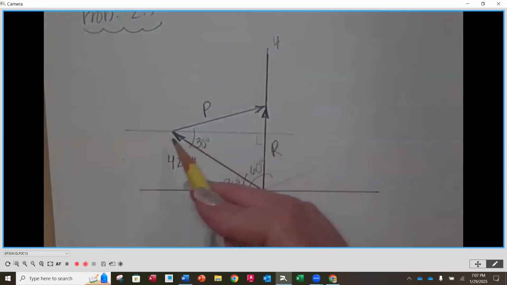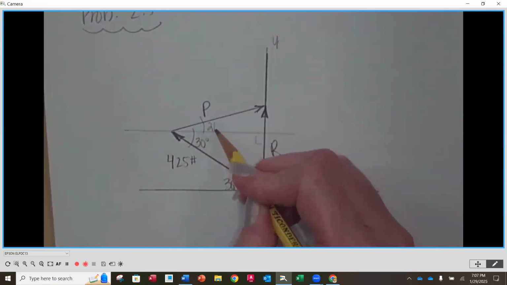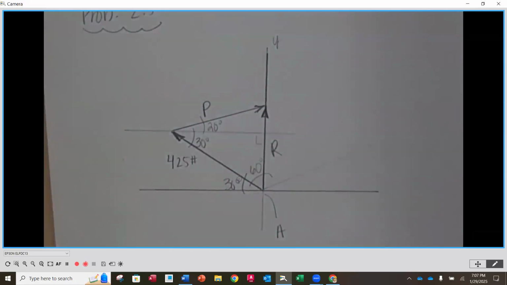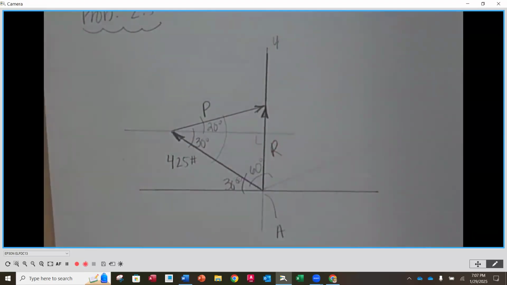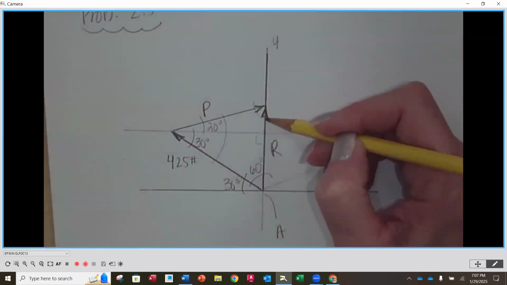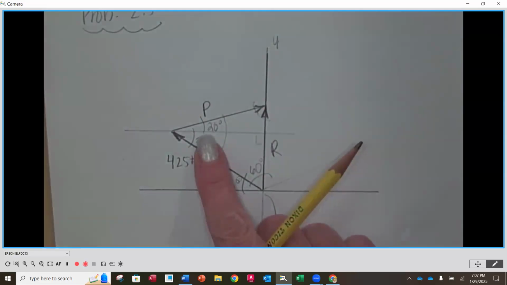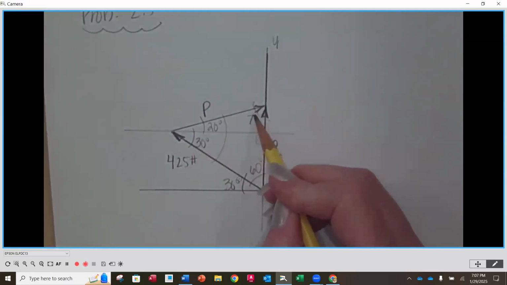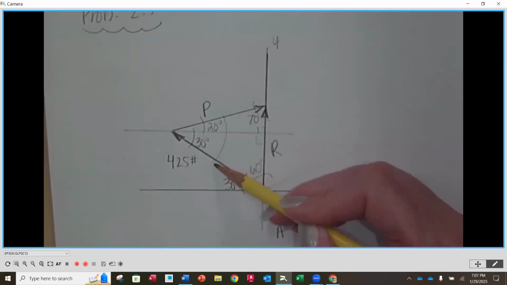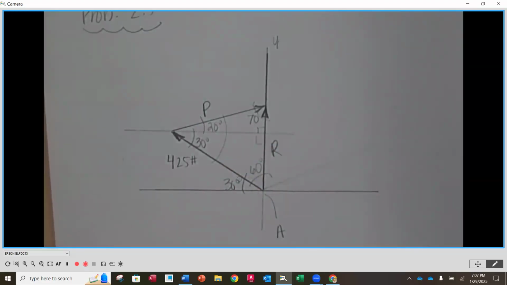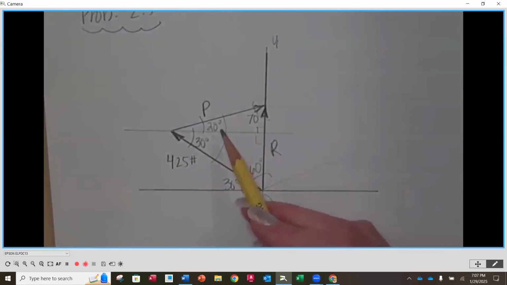Now, from horizontal, we knew that P was going at a 20-degree angle, right? So do you see how this is 50? The side opposite of that is going to be your resultant. And if we look at this angle right here, if this is 20, here's another right triangle. This is 70. We know that 425 is opposite the 70. So you could use the sine law to get your resultant, and then probably the sine law again to get your P,